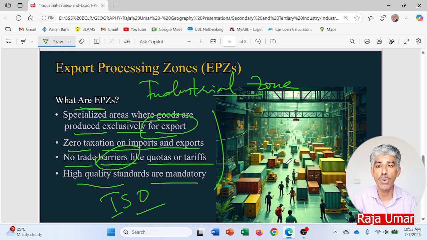And especially if I talk about the European Union, you know that they are about 26, 27 countries now. And if one country refuses to take the product from Pakistan, Pakistan would lose the whole European Union community of about 26, 27 countries. They all will stop buying that product from Pakistan, and that would be a great, great loss for the economy of Pakistan. So maintaining those quality standards, maintaining those higher values of the products is a must, so that the exports continue.